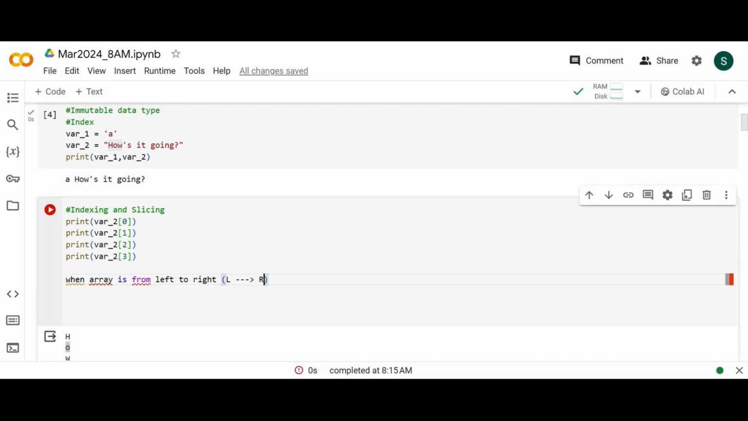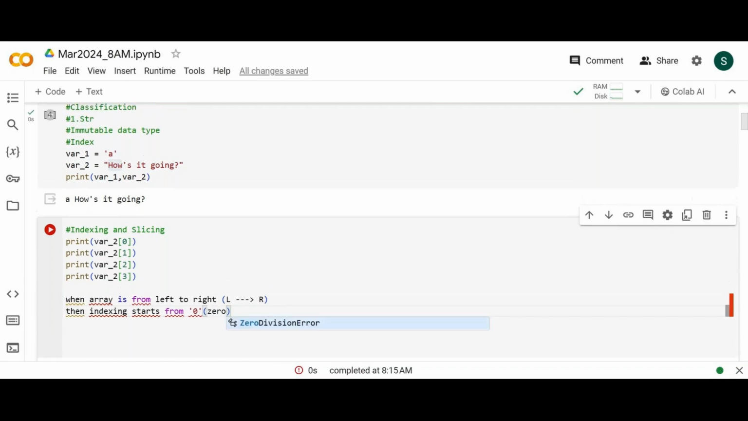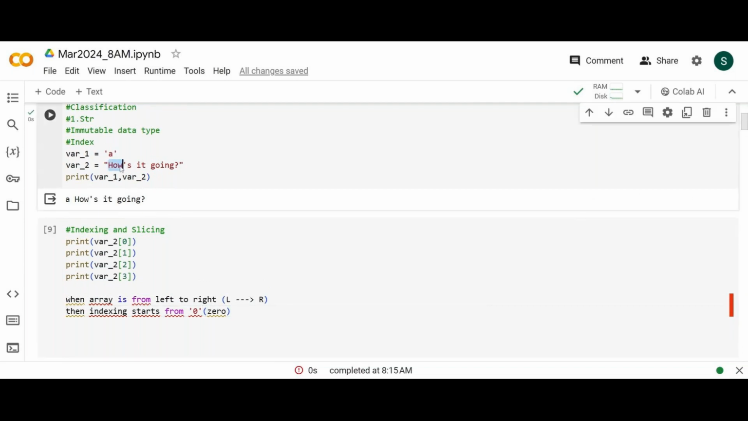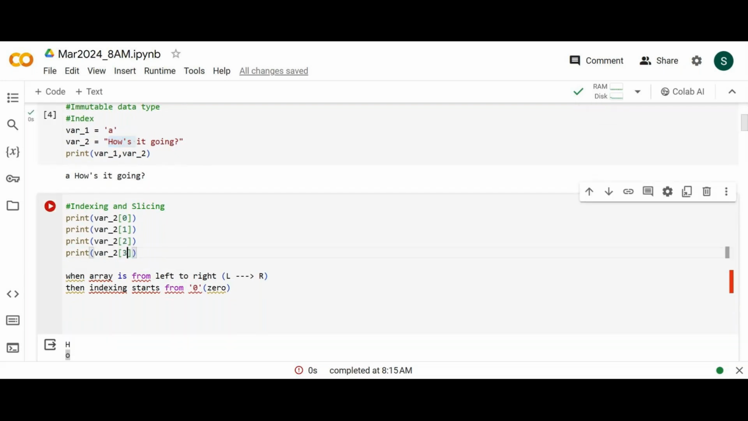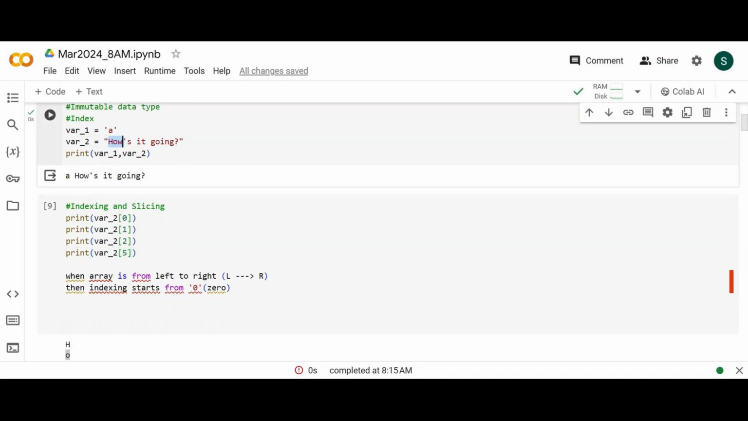Then indexing starts from 0. Just remember this thing, 0, and then it goes till n. So 0, 1, 2, 3, 4, 5. Space is also included. See, if I print instead of 3, if I say 5, let's pick out first 0, 1, 2, 3, 4, 5. When I say 5,